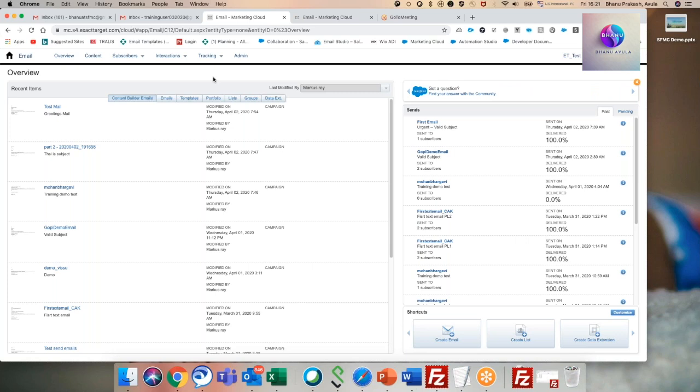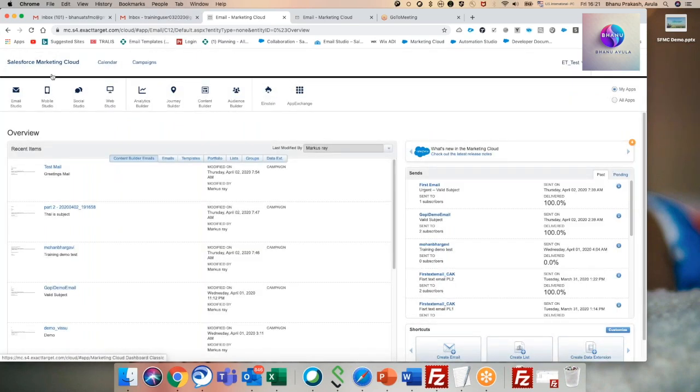Why Marketing Cloud is highly used is because of security reasons only. Why people trust Salesforce is because of security reasons only. That's the reason. One of the major successes of Salesforce is security. So how does Marketing Cloud secure its data? Here, if you come into the setup,